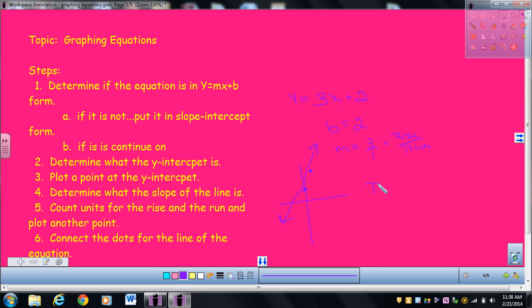There are just some things I need you to know. If it's a positive slope, then our rise goes up. However, if we have a negative slope, then our rise goes down. And of course you know that positive slopes go like this, and negative slopes go like